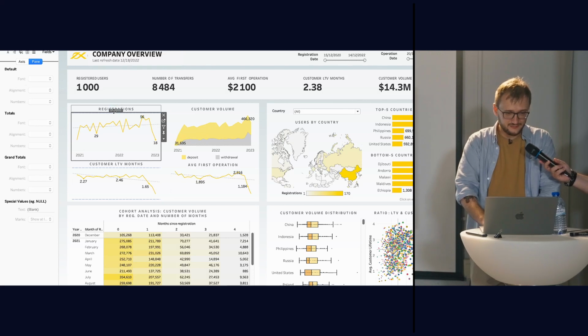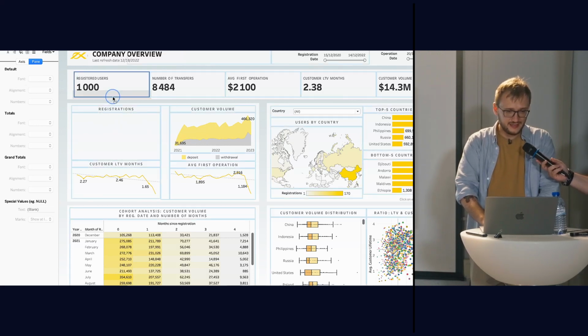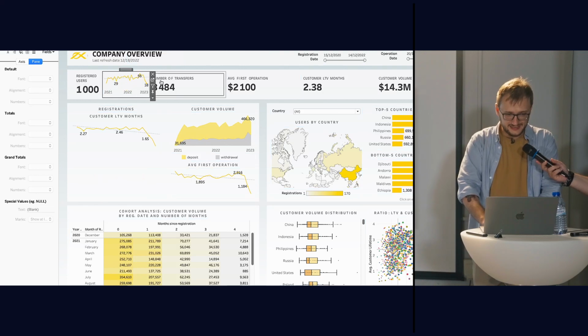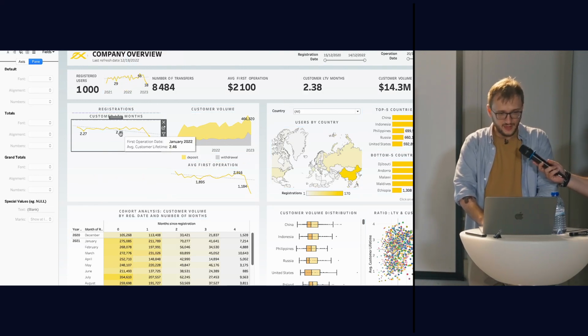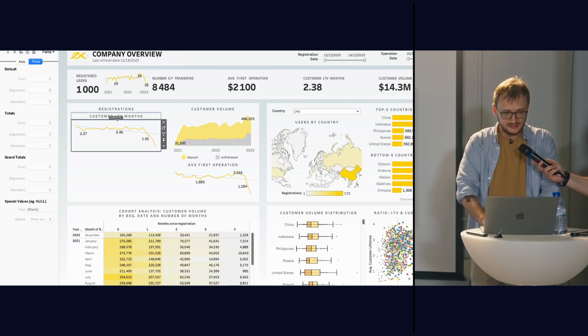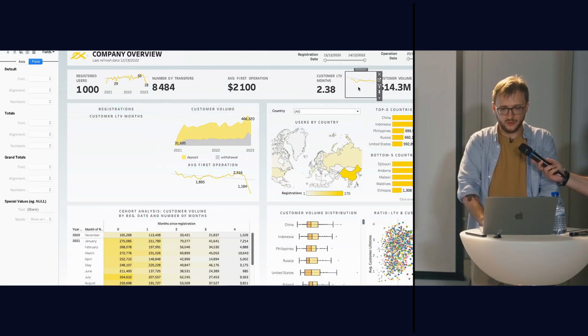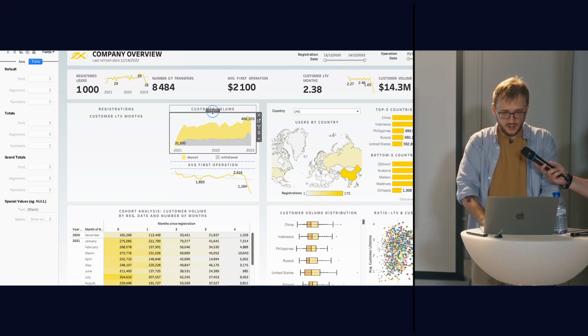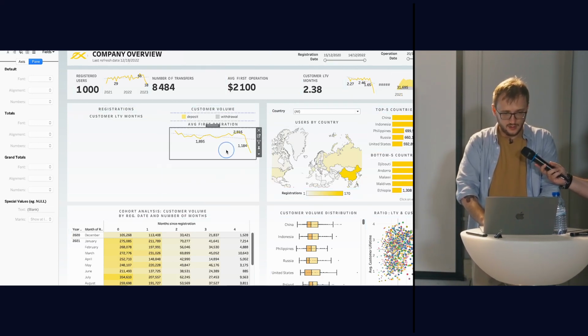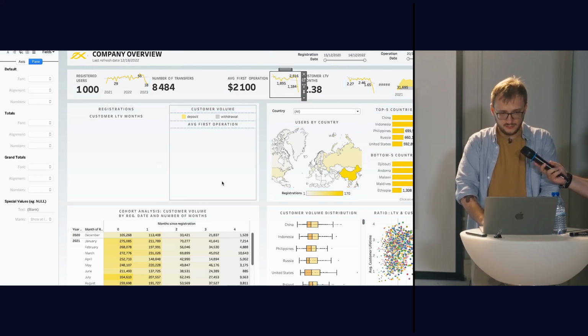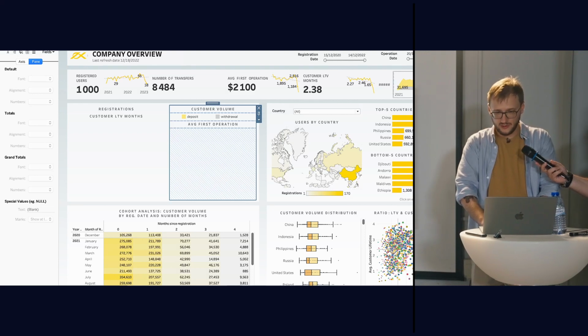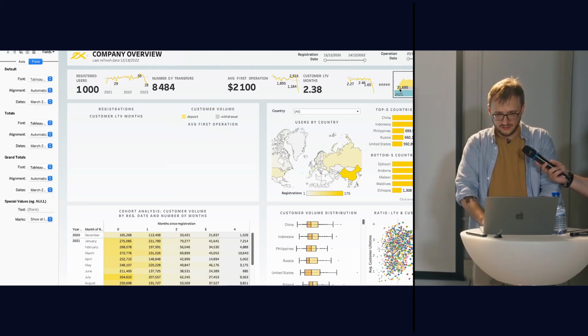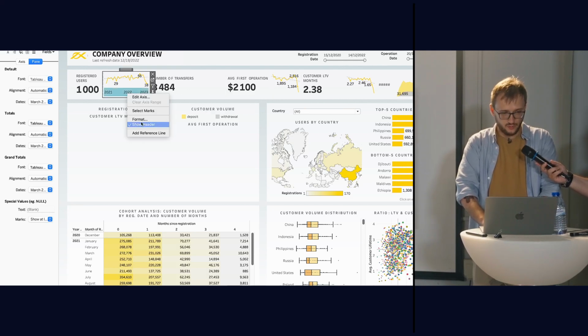Let's put this simple, nice chart inside this panel, and we will create nice pairs of KPIs and sparklines. Customer value, average first order. For sure, it looks a bit bad now because it's really small, but we can adjust it with no problem.